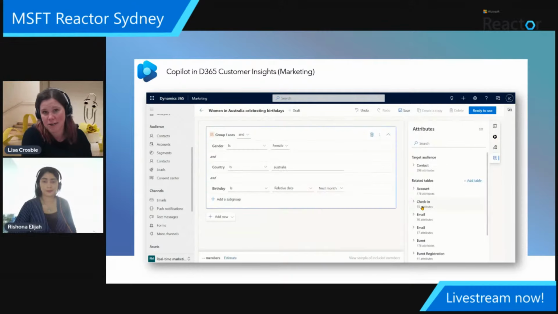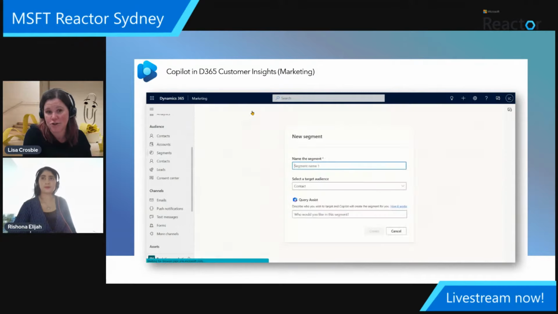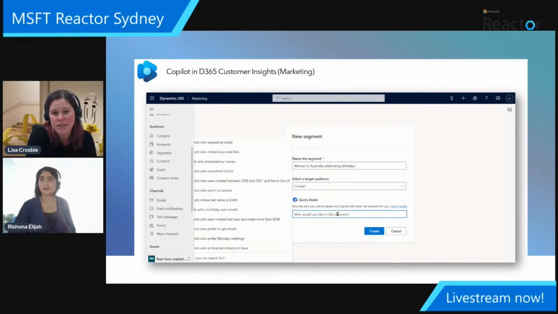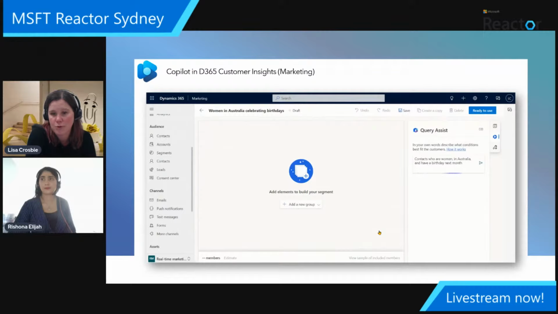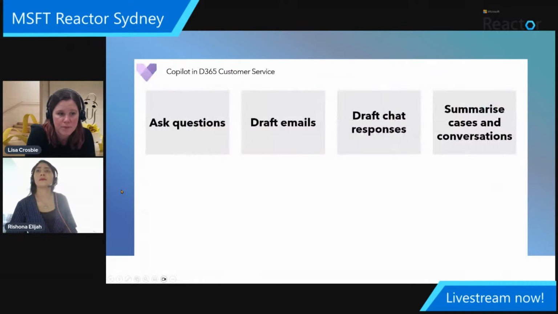So the ability to create segments and queries in natural language opens up a heap of possibilities. We're seeing this in the real-time marketing application, and also in the customer insights application, to help more people create richer segments. Okay, so that's it for marketing.